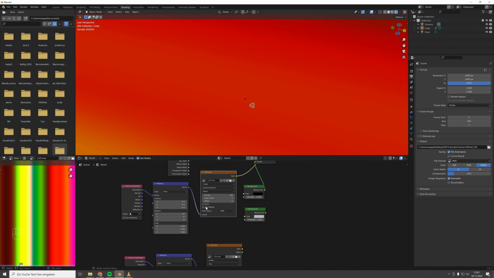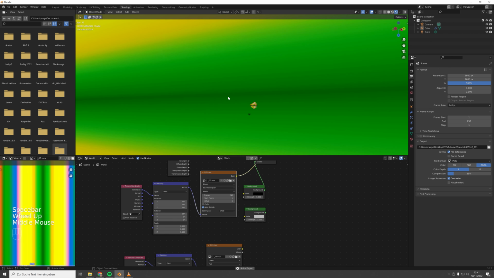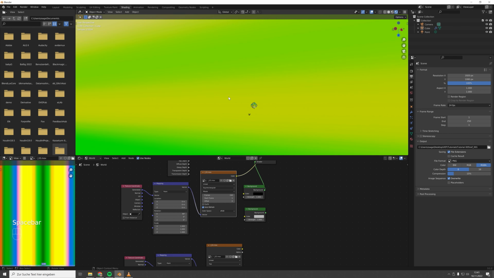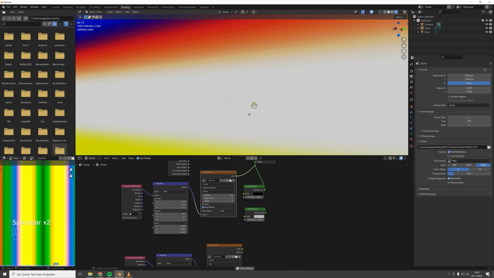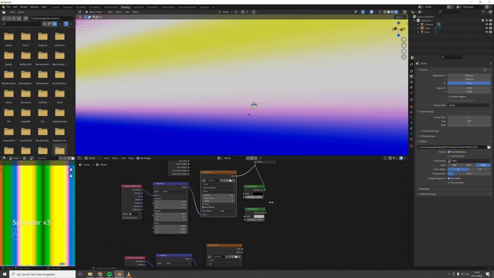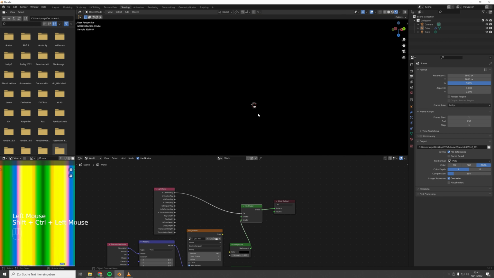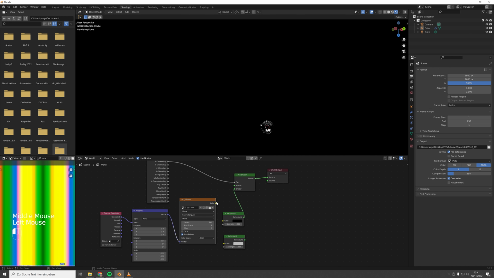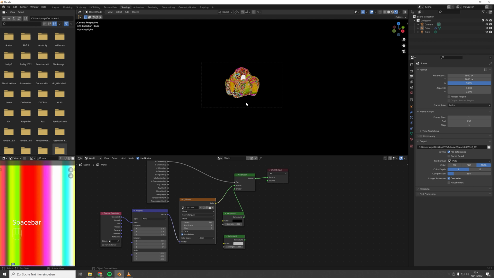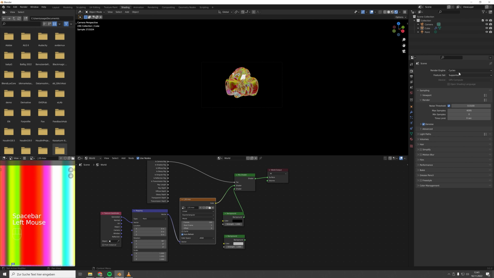You tick your frames, you tick auto refresh, and it's animating. Let's connect this one again. And you can see it's changing. Let's go back to Eevee,